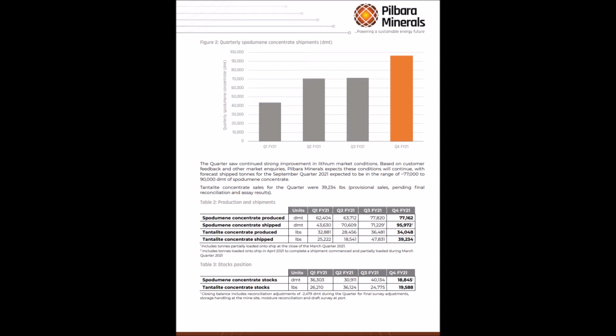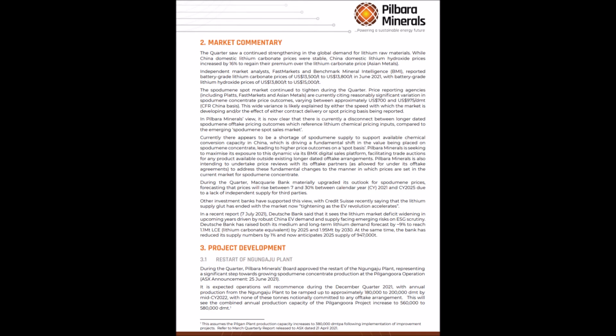Are there any issues that currently exist which are preventing them from doing so? These are the factors which are going to increase revenues and decrease costs. Now, taking a look at the market commentary section. This is basically a section where the company will explain what is going on within their industry that is directly